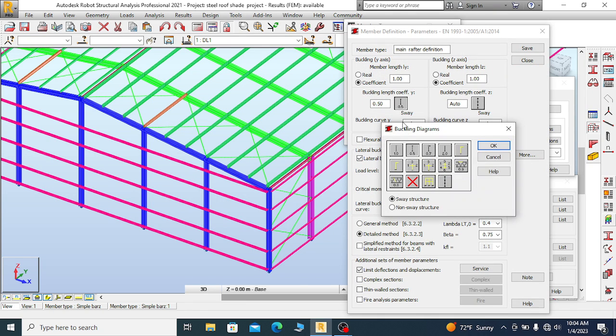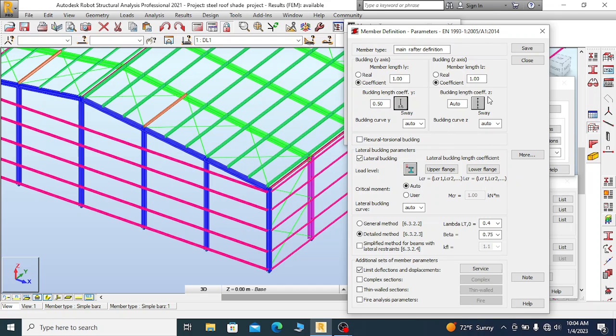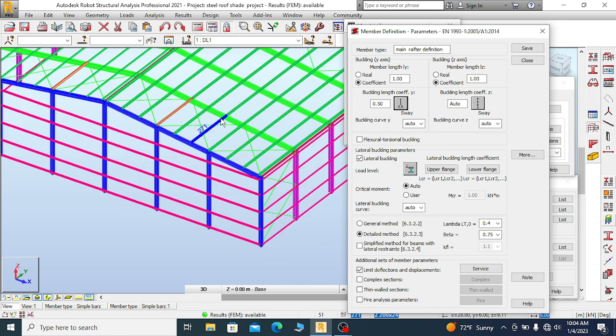Here, this is fixed, and when we count also in z direction, in z direction there are restraints at some points of the rafter. Here there are 1, 2, 1, 2, 3, 4, 5, 6, 7, 8, 9, 10. There are 10